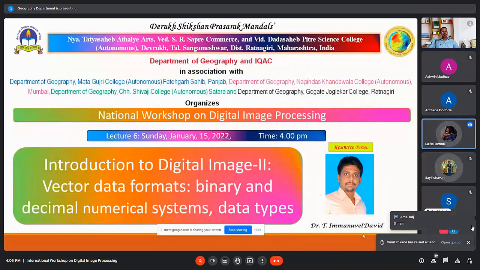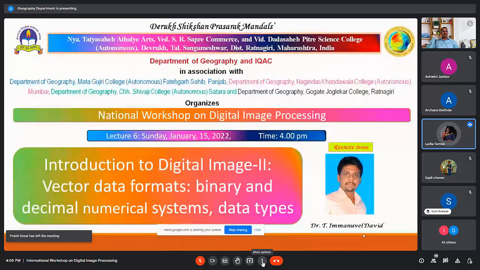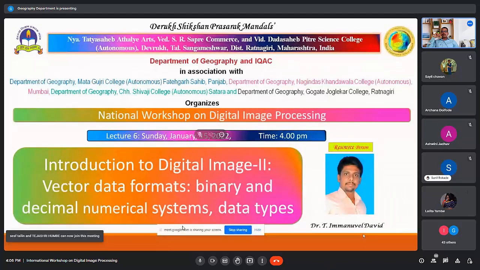Good evening to one and all present here. I have been given this opportunity of introducing Dr. T. Emmanuel David. Before starting the session, I would like to give his introduction. Dr. Emmanuel David, sir, is working as an assistant professor in the Department of Geology, Malankara Catholic College, Kanyakumari, handling subjects like Applied Geology, Annamalai University, Chidambaram, Tamil Nadu.